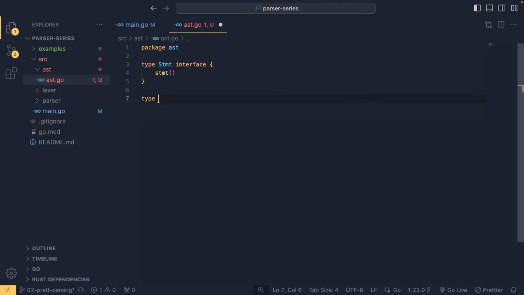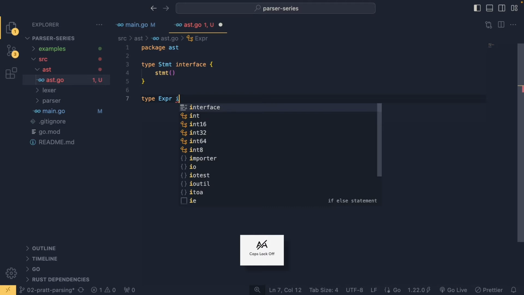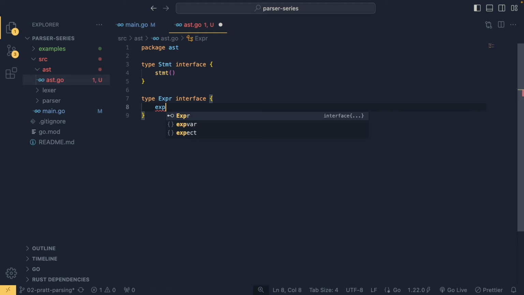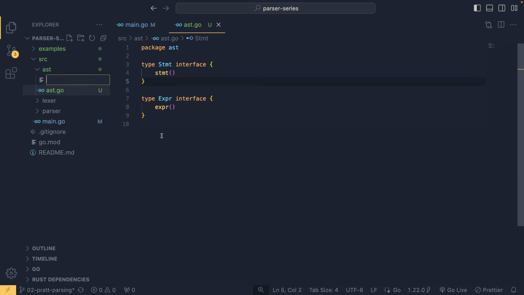And so let's also define a type called expression. It's also an interface, and it's going to be anything which has an expression method, like so. So these are going to be our two main types. In the future, we'll also have one for literal types, etc. So for now, we have that. Let's go ahead and create a